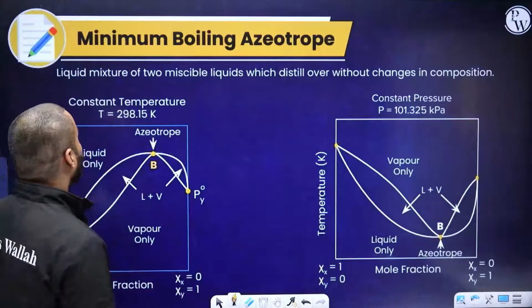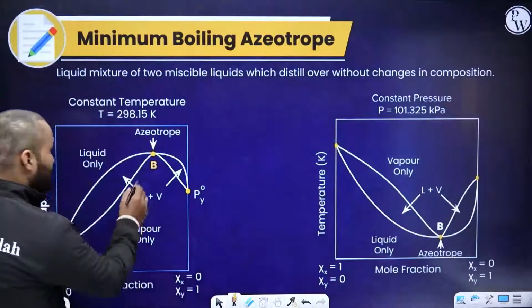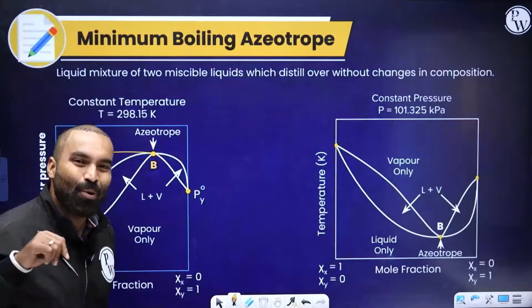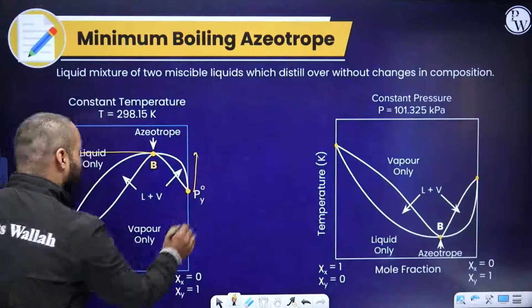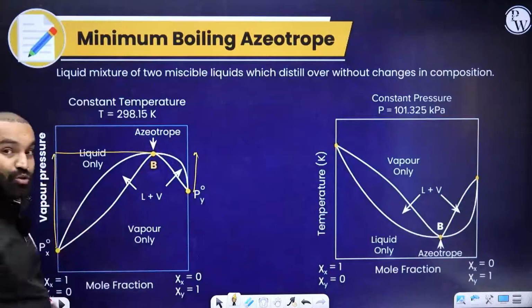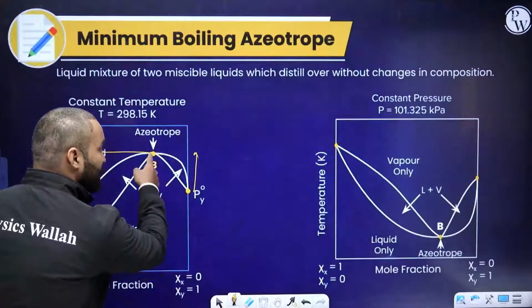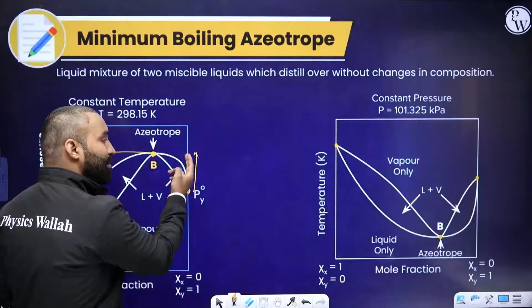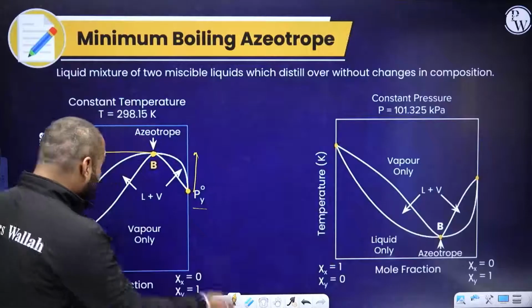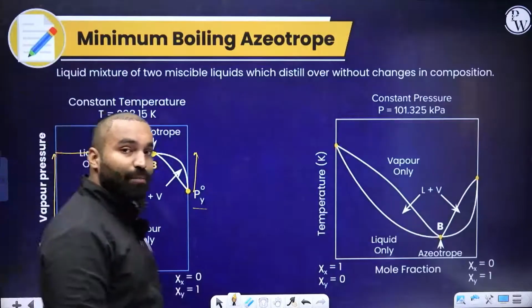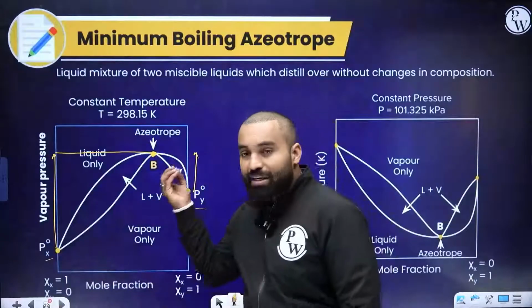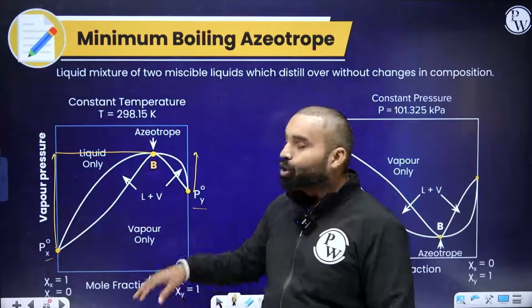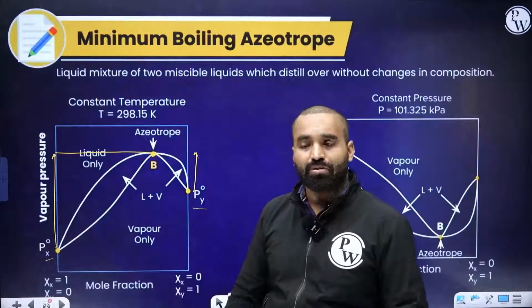This is the graph for minimum boiling azeotrope. Do you see that? This is the point at which the vapor pressure is highest, and that's what we wanted to do. We wanted to increase the vapor pressure. So you see that, everybody? The vapor pressure of the mixture at this particular composition is higher than the vapor pressure of this component Y, as well as higher than the vapor pressure of this component X. This is very, very, very useful technique in industry and in academic laboratory to make several organic compounds,